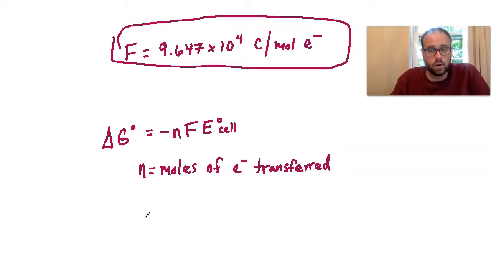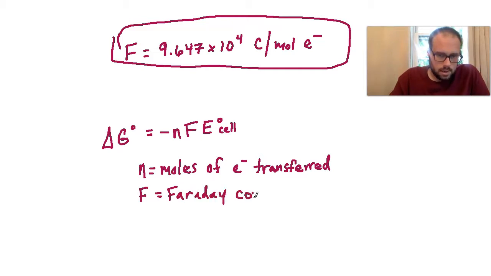It might be simplistic when you're just dealing with two metals, but when you have metal complexes, like when we were looking at some of the oxides and we had to balance with water, that can be a little more difficult, and you're going to have to figure out how many electrons are being passed back and forth in a case like that. All right, so obviously, like we just said, F is going to be the Faraday constant, and that will tie